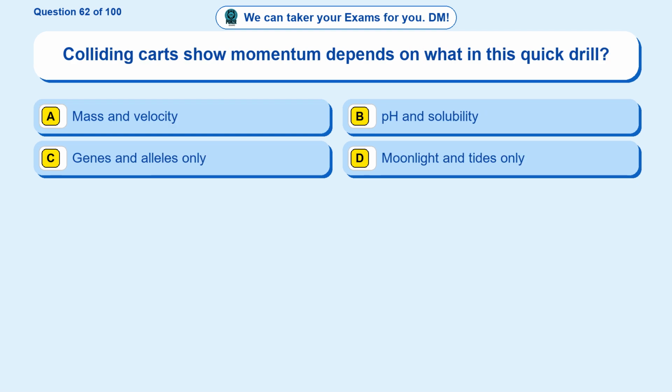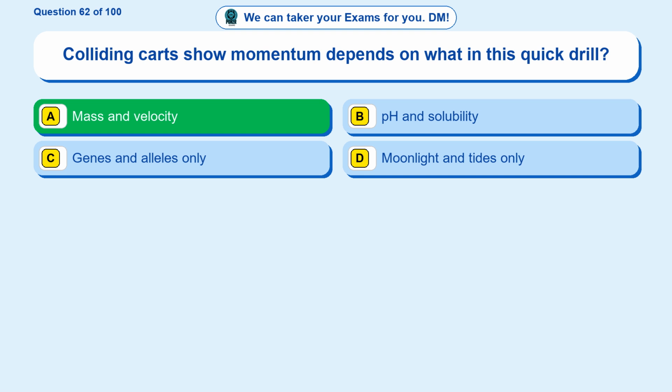Question 62. Colliding carts show momentum depends on what in this quick drill? Option A, mass and velocity. Option B, pH and solubility. Option C, genes and alleles only. Option D, moonlight and tides only. The correct answer is option A,